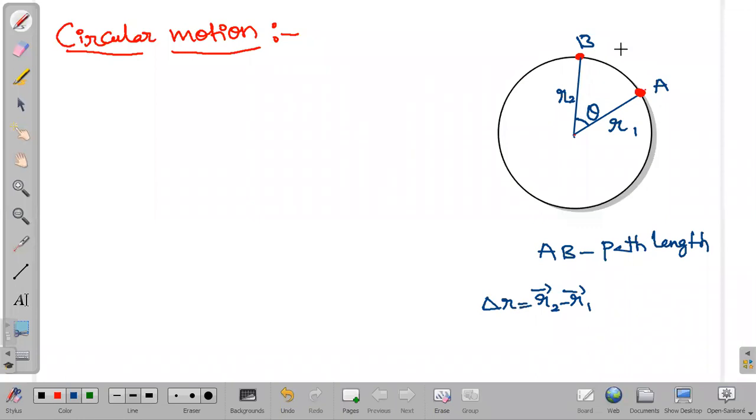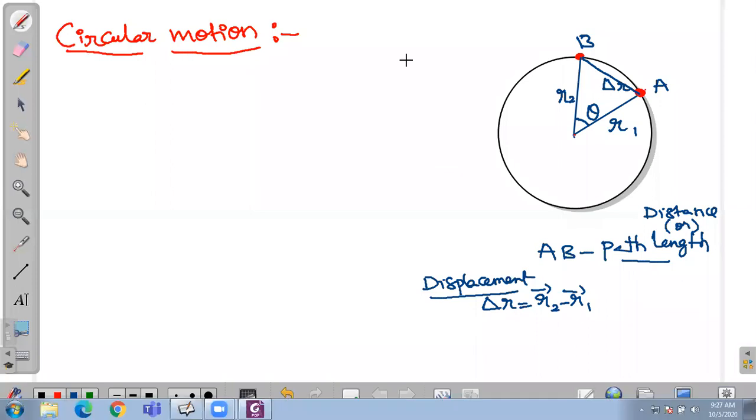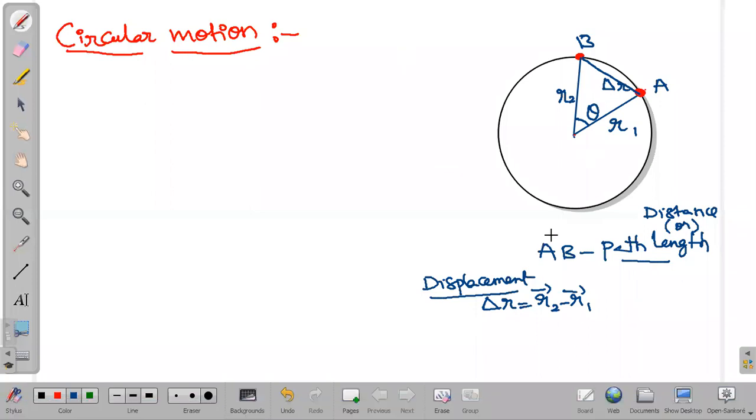This delta r from here to here, if I draw one line, this line, so this is our delta r. Delta r we consider it as a displacement. Okay, so distance we have seen and displacement we have seen in case of circular motion. When we have path length or distance, what do we get? We will get speed. And when we have displacement, we will be getting velocity. Okay, so we will be having speed and velocity for this object.